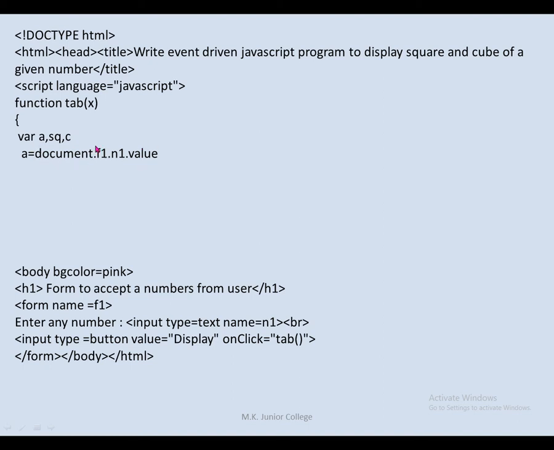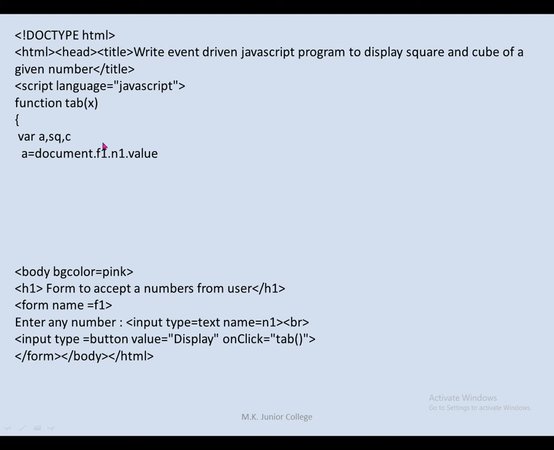So what is the meaning of this complete statement? Document is one of the built-in objects from your JavaScript. We will see in detail in the next lecture what the document object and other objects are. So document is one of the ready-made objects. Whenever you are writing any comments, you are writing document.write. The same way here you are using the document object .f1. From your document there is one form, and the name of that form is f1.